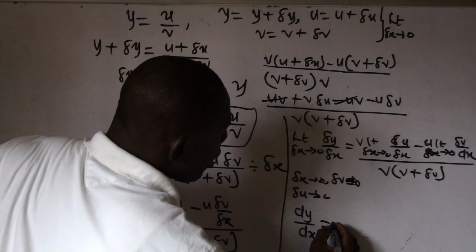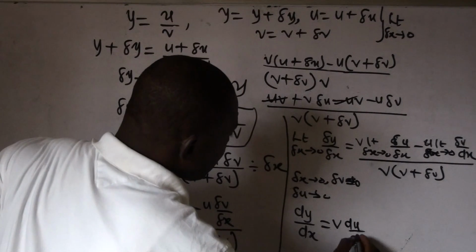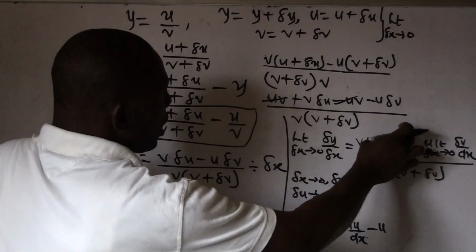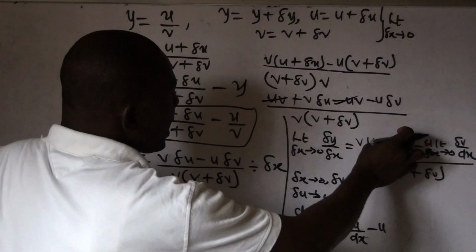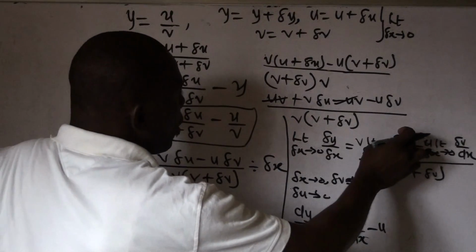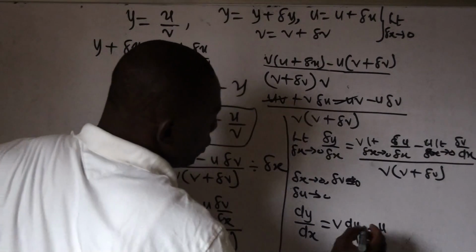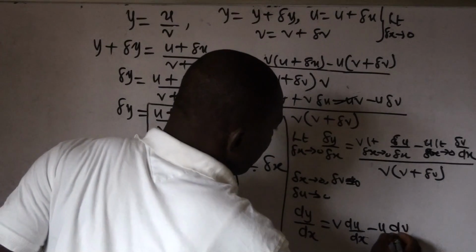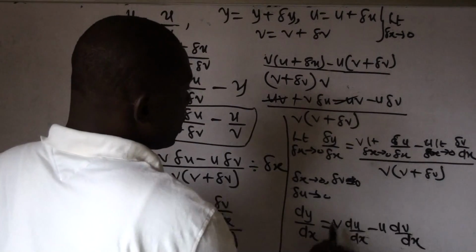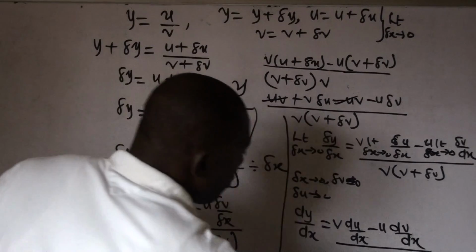This becomes v du over dx minus u dv over dx, since the limit of delta u over delta x becomes du over dx. Here at the denominator, delta v becomes 0,